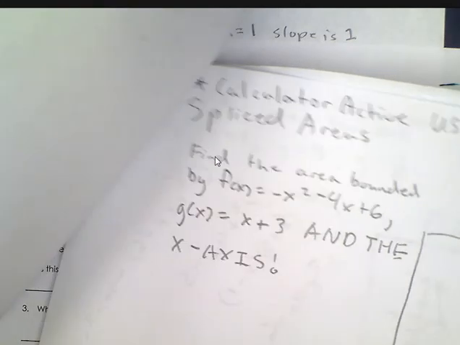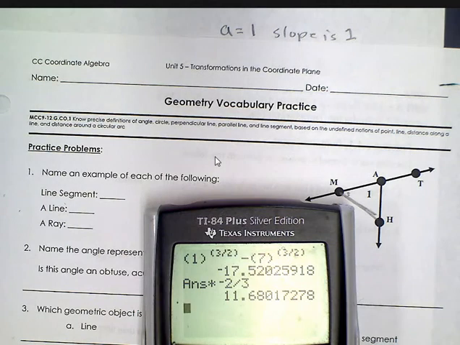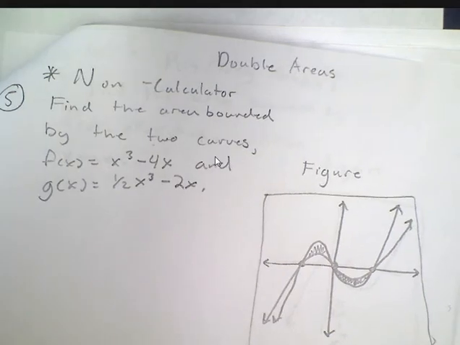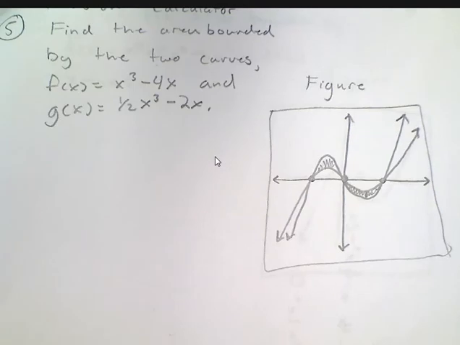Alright, so first we have number 5, which looks a whole lot like this. Find the area bounded by the two curves. f of x is equal to x cubed minus 4x, and g of x is equal to 1/2 x cubed minus 2x. Now, this could be done a couple different ways,